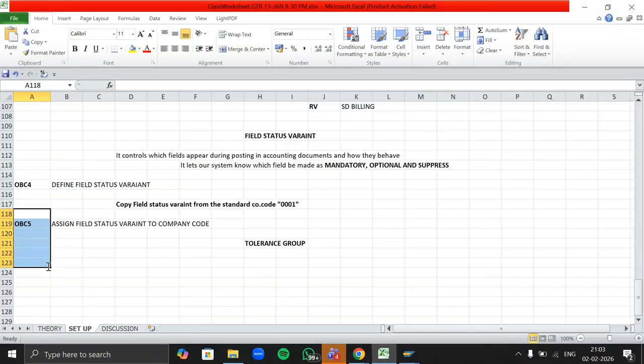Yeah, so let's come back to the tolerance group. Now what is a tolerance group? The tolerance group defines the maximum permitted limits for any differences that are faced while posting our accounting documents. We can say it controls how much deviation SAP allows during posting without getting any error. So that is what a tolerance group is.